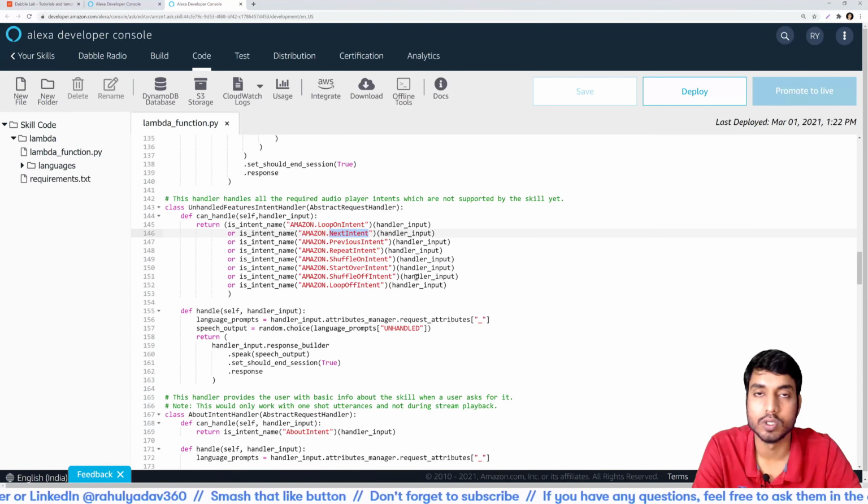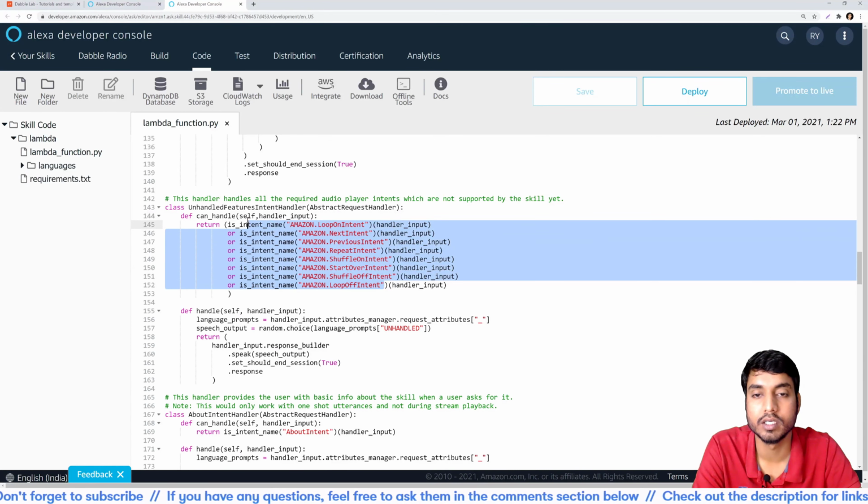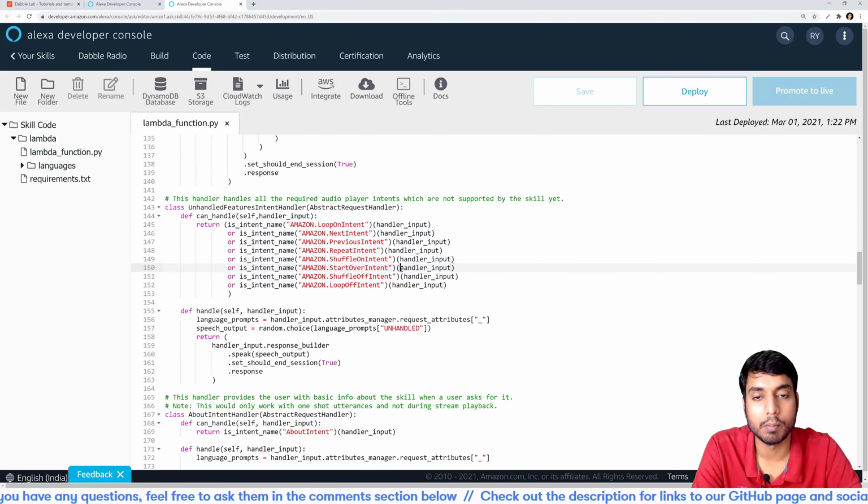But still, when you try and get your skill certified, the Amazon certification team will reject your skill if you have not handled all of these intents gracefully. So in order to do that, what we have done is we've combined all of these intents into one single intent, and the response is a generic unhandled response which says, sorry, but this feature is currently not supported. So by doing this, we are handling everything in a good manner, and it also helps us pass